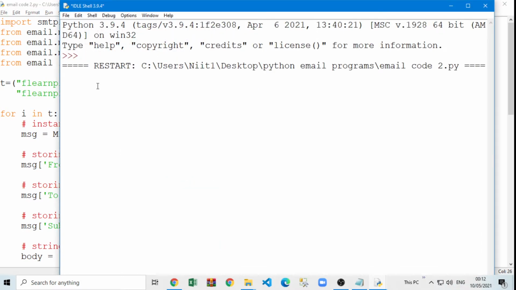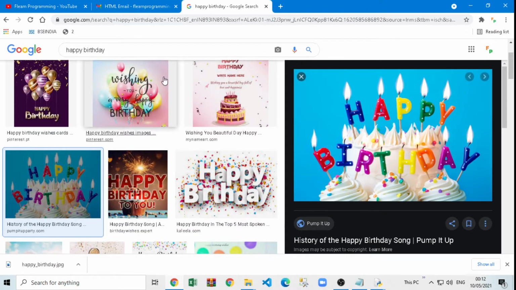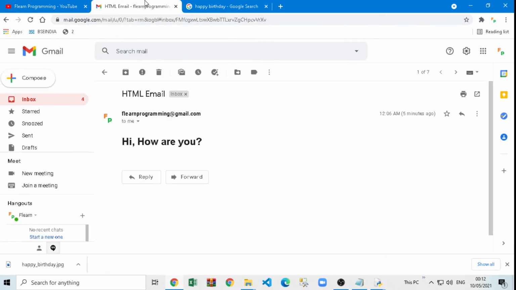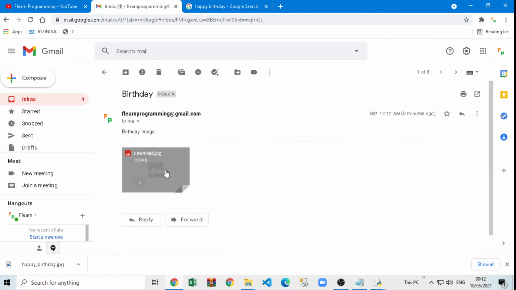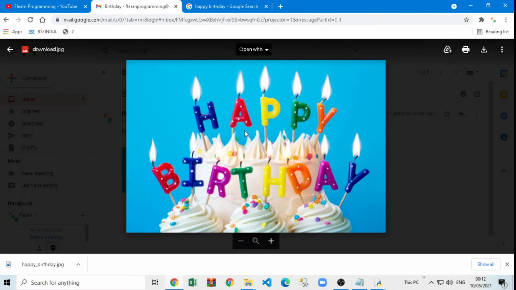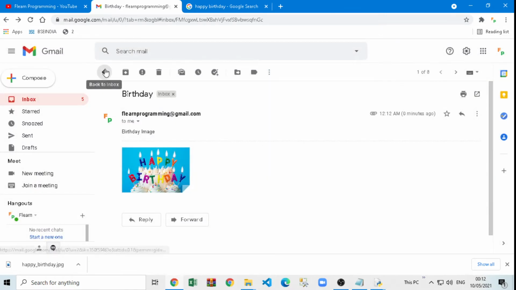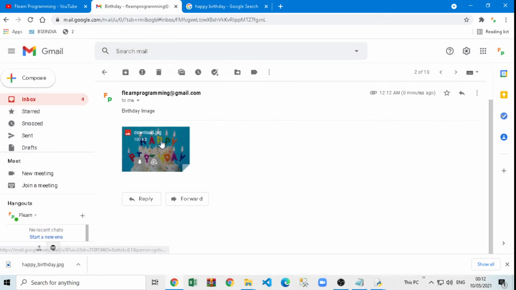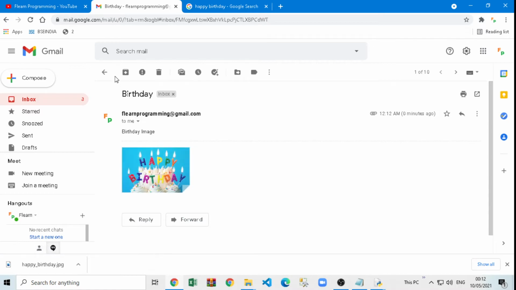Let's run the program. It will show me 3 times done because I have 3 email addresses. Let's check. One done, it shows. Now second also done. So it depends on your net speed because it is sending an attachment. If your net speed is fast, it will send faster. Let's check if I received the mail. Yes, I received. See, there is a subject, there is a title, there is also one image which we just downloaded. The same image is sent to me, right? And you can see again it sent me, and it again sent me.